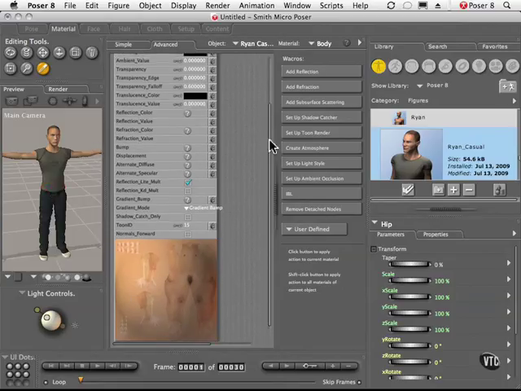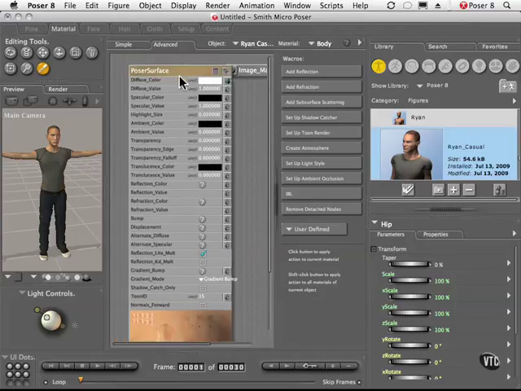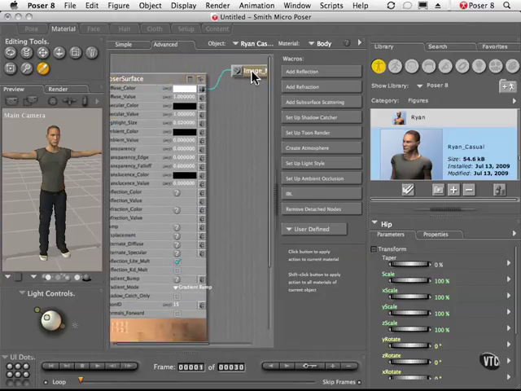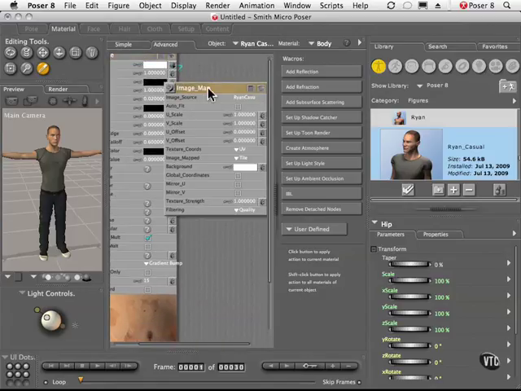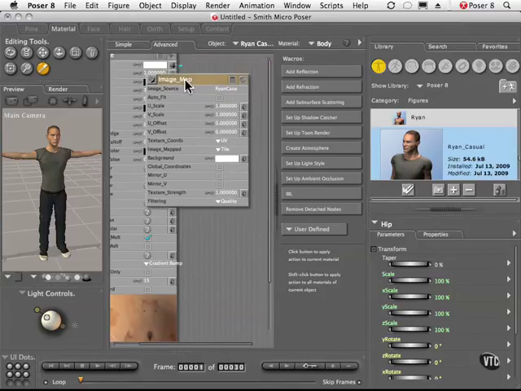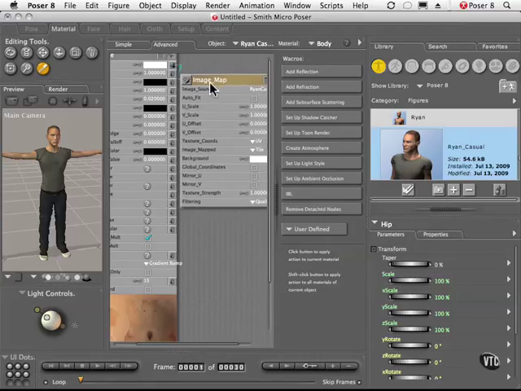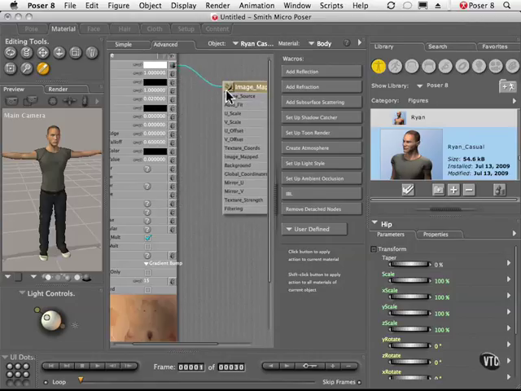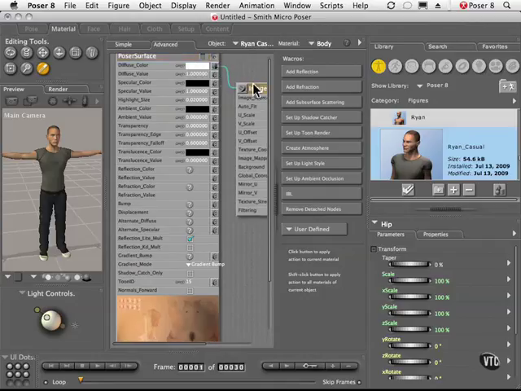But what we're going to talk about here is something called nodes. These guys are called nodes. And these boxes here are how we plug our information into the final material. For example, as you can see, this is an image map. The image source contains the skin. The skin texture or node is plugged into this guy here, which feeds that information from here to the diffuse